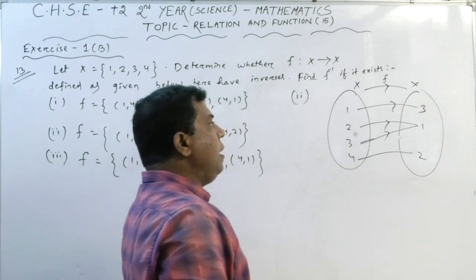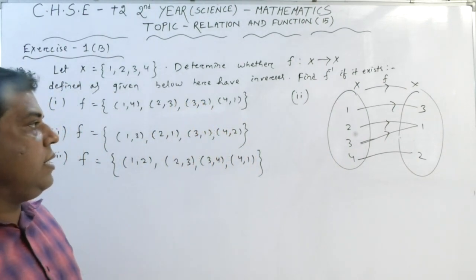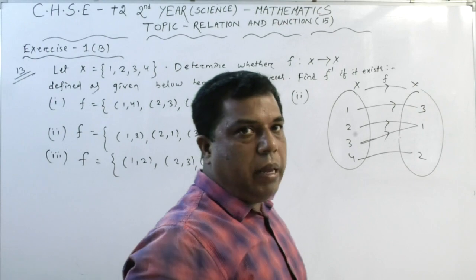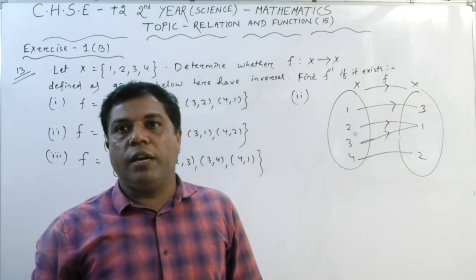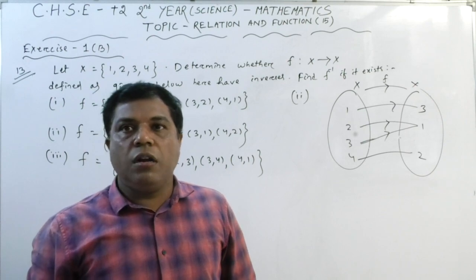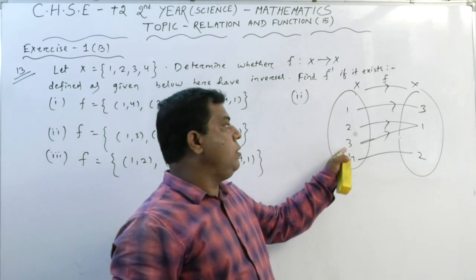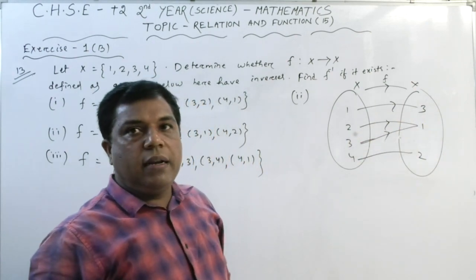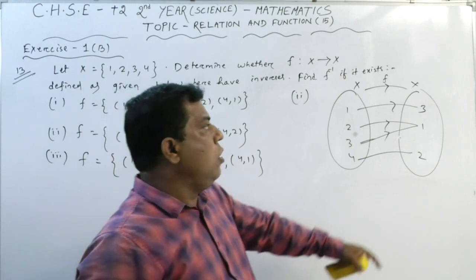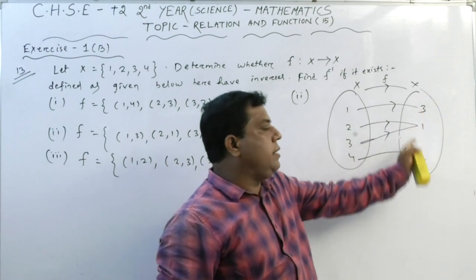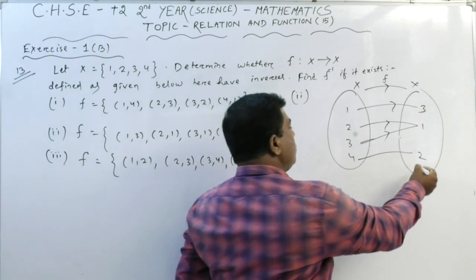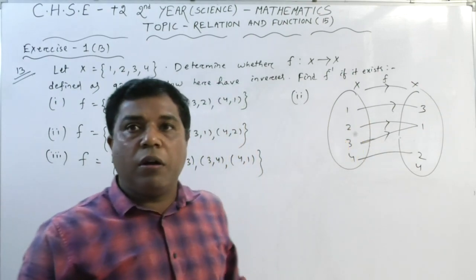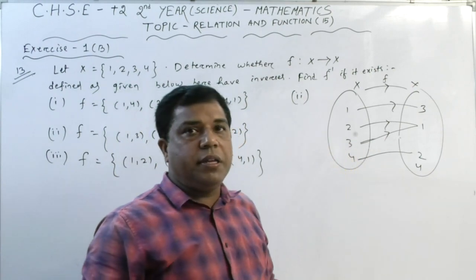So you see, now think in this case the function is existing. The function may exist but its inverse does not exist. Why? Because it is not 1-1. You see, both different elements have a single image. So the function is not 1-1. Second, it is not onto also, because these are the range elements, but X contains 4 also, but 4 does not have a pre-image in the domain set for this function.